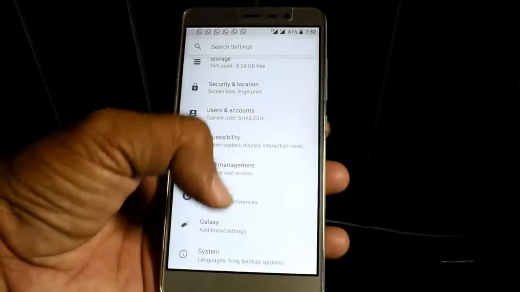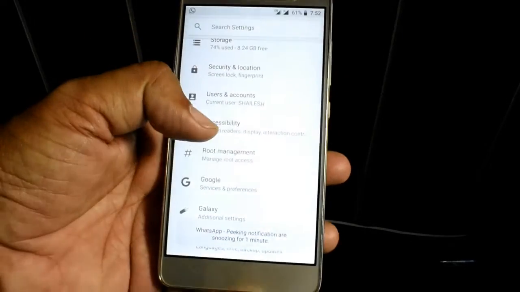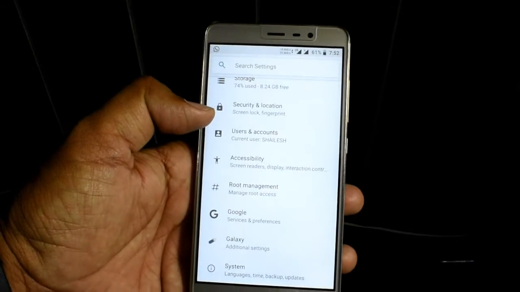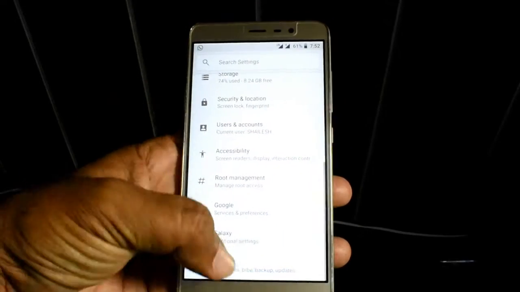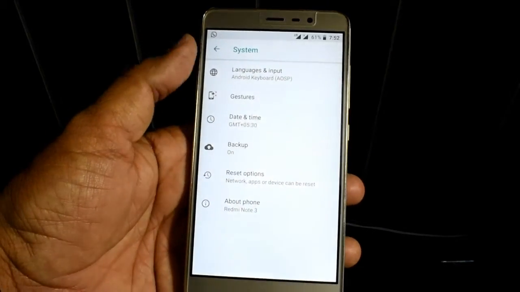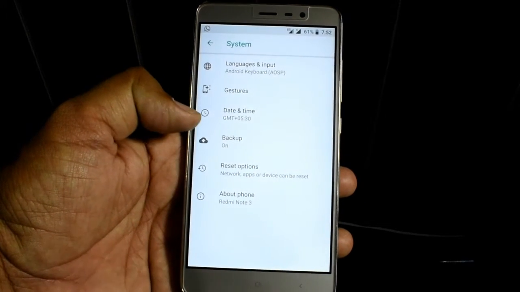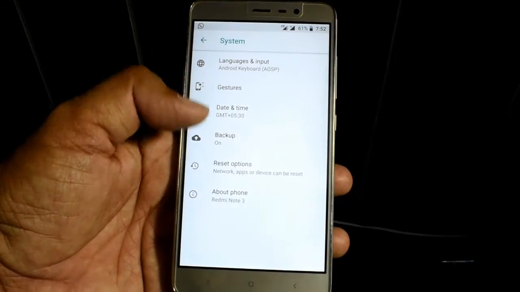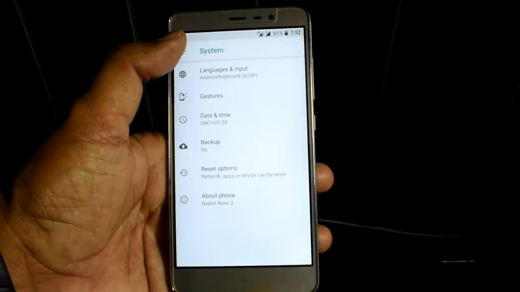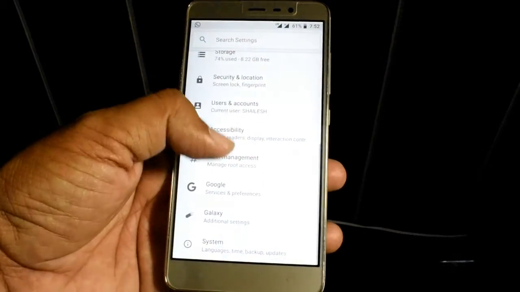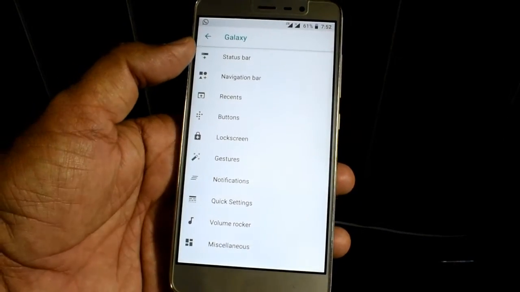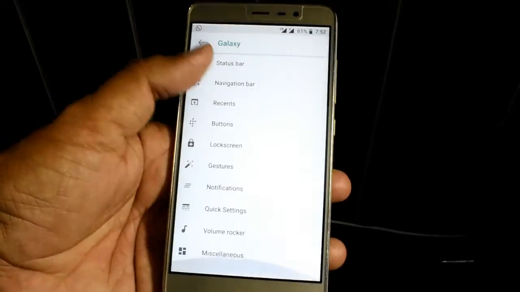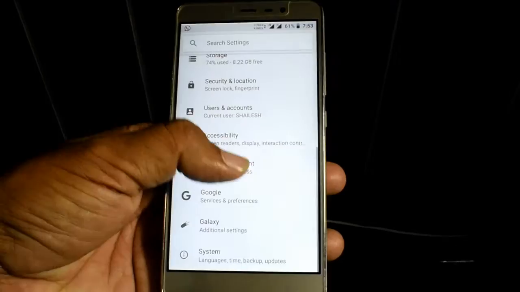That root management is working through. You can see here the new things which are present in this ROM. As you can see here, no OTA update option is now present in this case. So the OTA update feature is sent to the app which is installed by default. All the other things are very similar to the previous build.